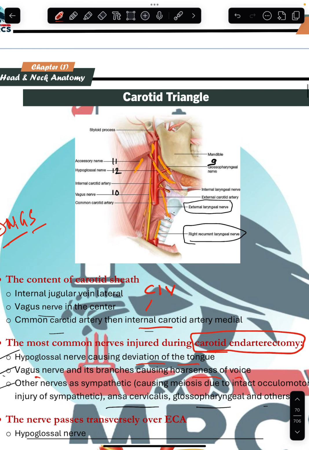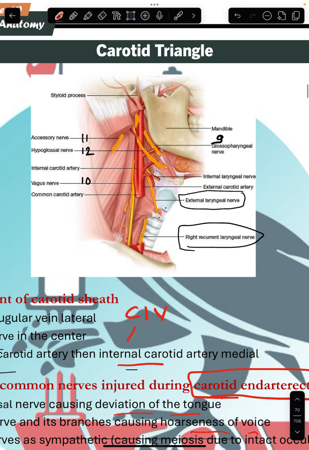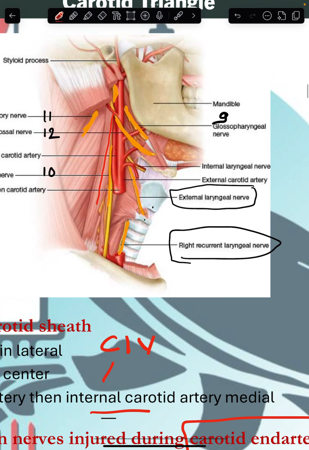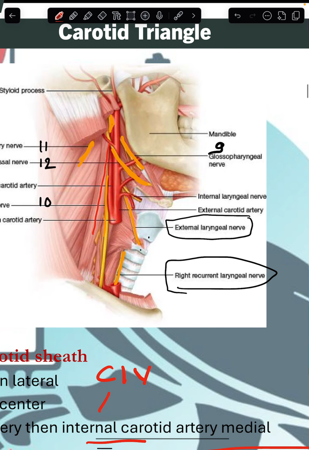You see the carotid triangle. This is an important triangle. As I told, this is the anterior border of the sternocleidomastoid. It is now dissected. You can see it clearly. This is the common carotid divided into external carotid and internal carotid. External carotid is medial. Internal carotid is lateral. Internal carotid has no branch in this neck area. Once it goes inside the skull, the first branch is the ophthalmic branch. And if you see the external carotid, this division of